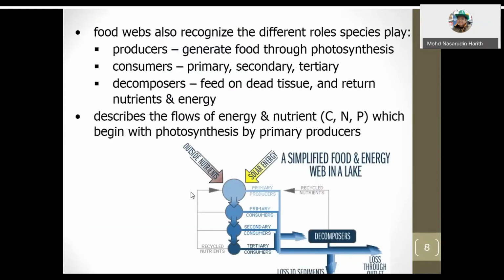Food webs also recognize the different roles species play. There are 3 main groups of species playing a role in the food web. Number 1 is producers. Producers can generate food through photosynthesis. There are also consumers, which consist of primary, secondary, and tertiary consumers. The decomposers feed on the dead tissue and return nutrients and energy. This image describes the flow of energy and nutrients, which consist of carbon, nitrogen, and phosphorus, which begins with photosynthesis by primary